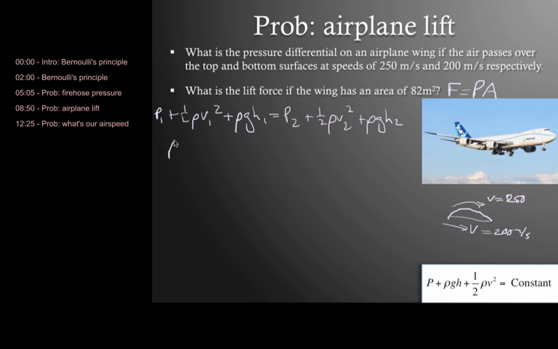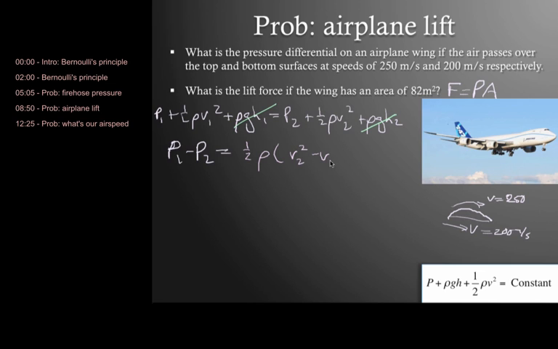So we really want this, P1 minus P2. And then we can get rid of a few things, which are these two terms. So here the difference in height between the top and the bottom is pretty small, so we're going to ignore that. So then this is going to be 1/2 rho